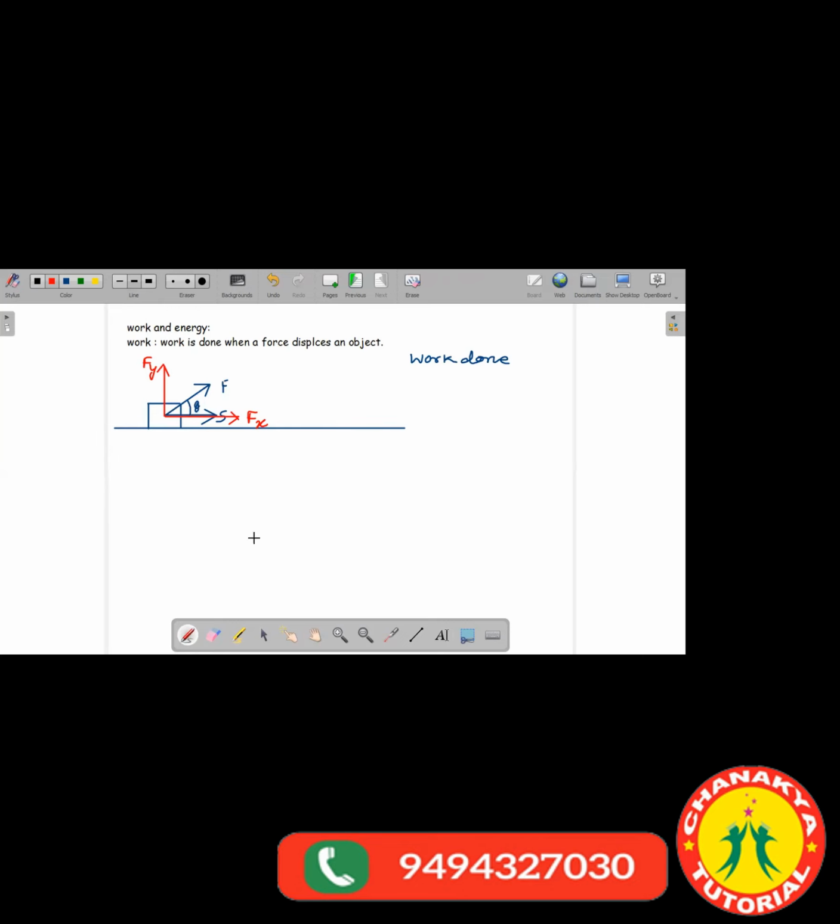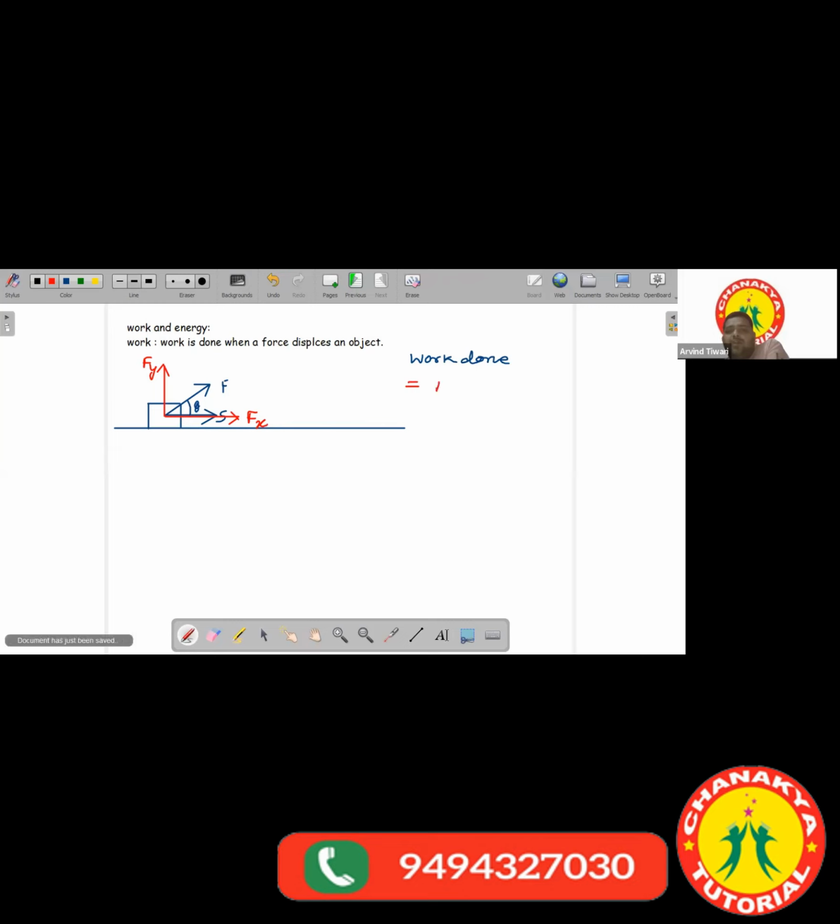No. And if the same force acts only along the x direction, there is no y component. Suppose this force acts along the x-axis, so there will be only displacement, right? So we will say that the force along the x-axis is the force which is responsible for the displacement of this object. So therefore, we will write work done to be equal to